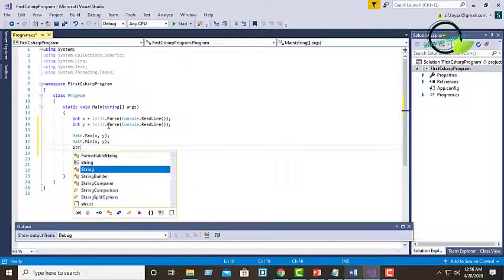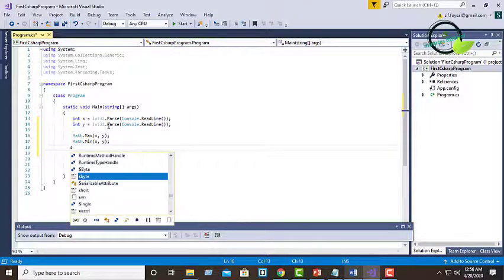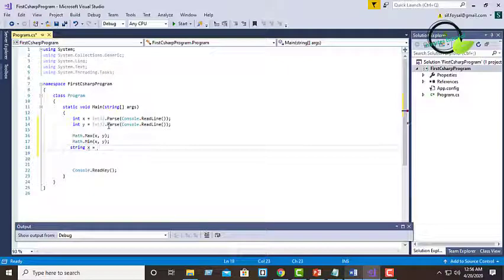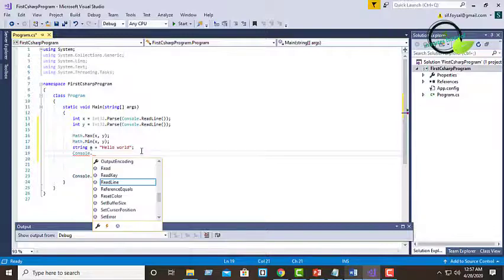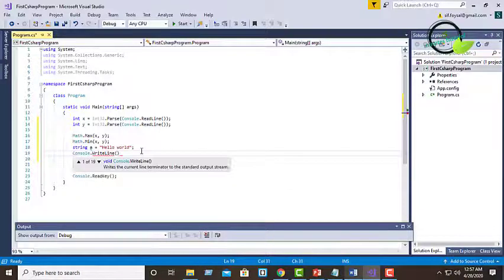So first we have to assign a string. Here we will print, WriteLine, the first character.